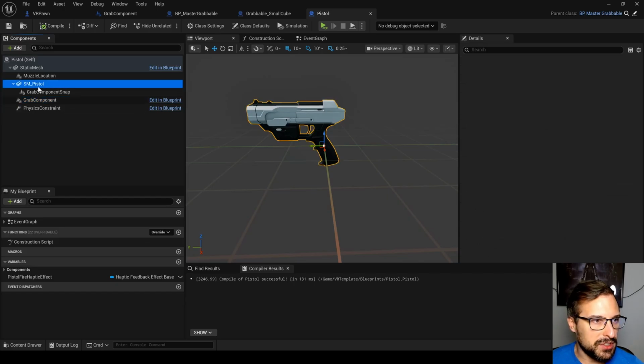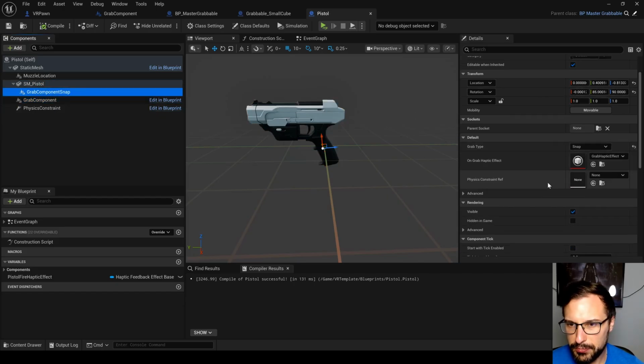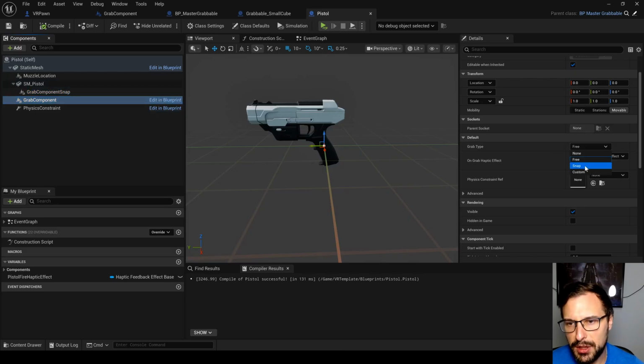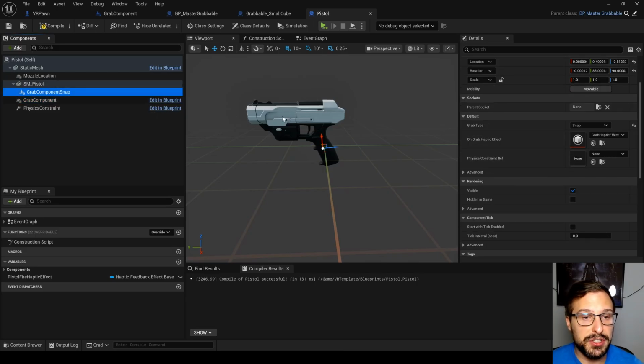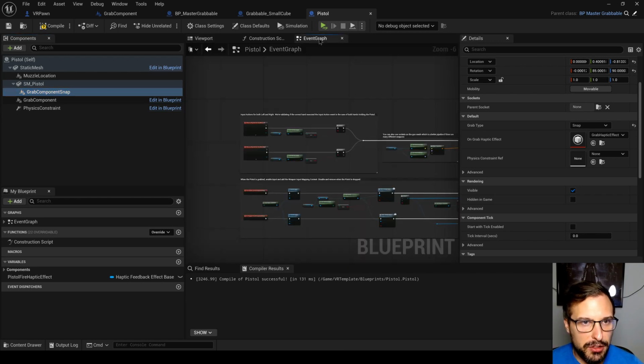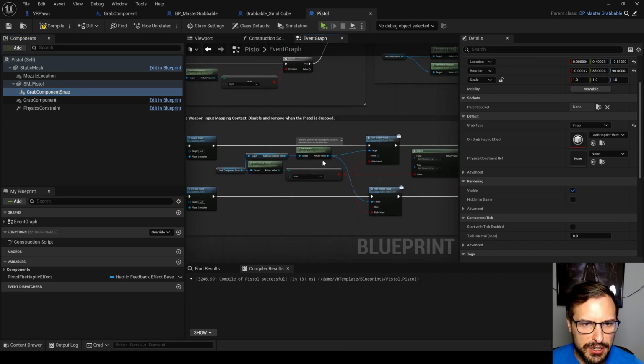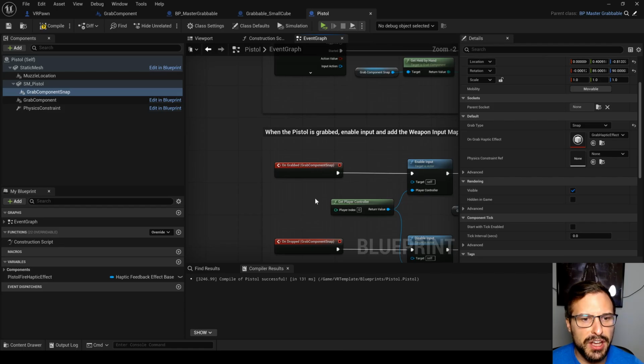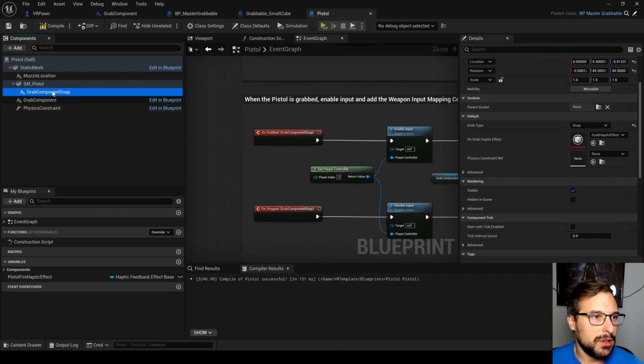So now the grab component is not going to be scaled. We can see, first of all, it's a snap instead of a free grab. That's a pretty simple fix. If you press delete here, you'll say, oh no, there's events that are bound. Go to the event graph. You can see here that there's going to be this on grabbed, on dropped,